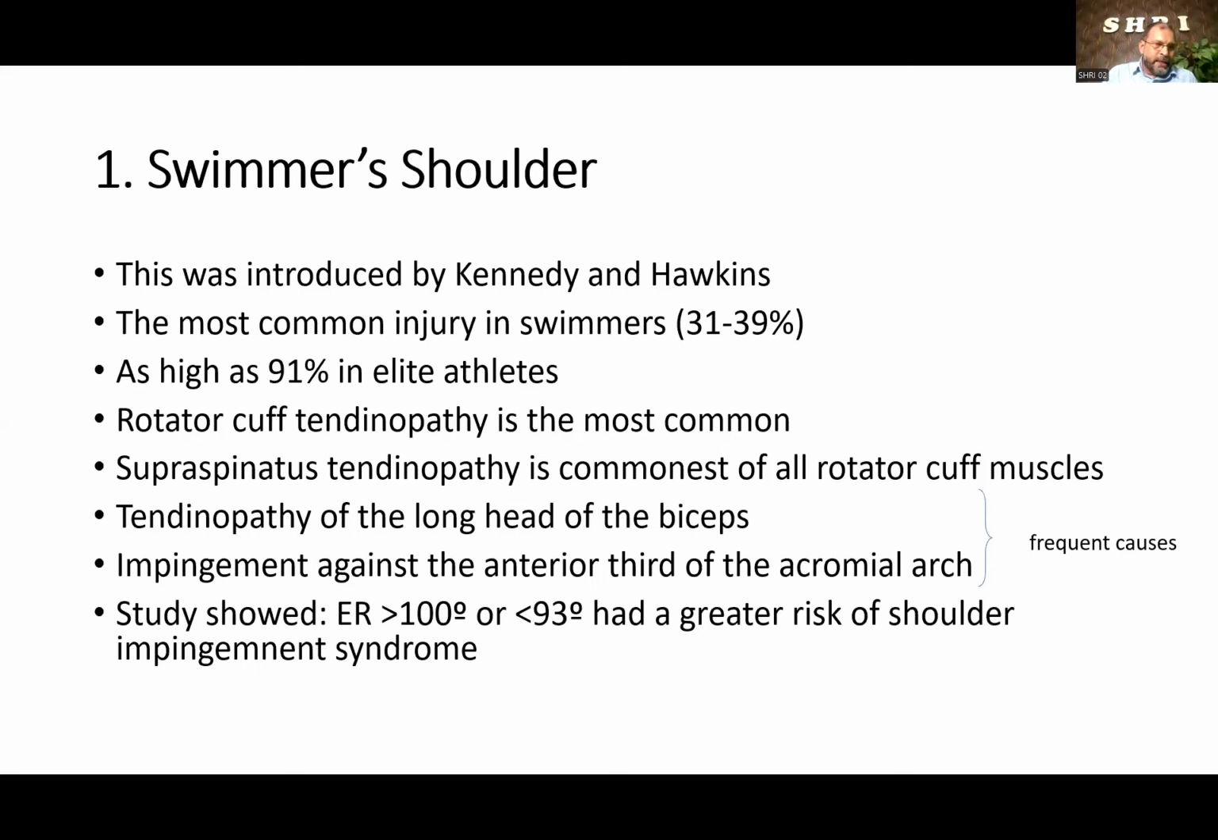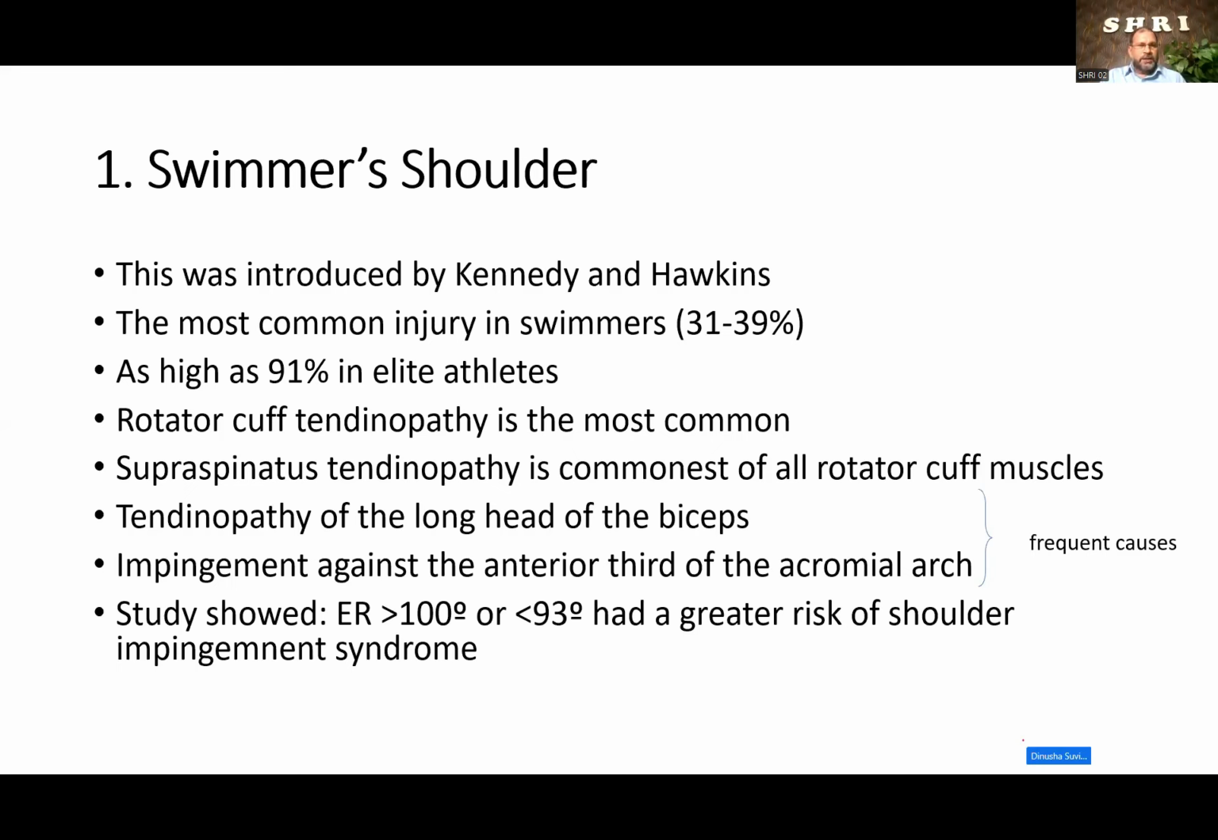In elite athletes, it is as high as 91%. So you can appreciate how common these shoulder injuries are in international players. Then rotator cuff tendinopathy is the most common one. And out of this, you all know the rotator cuff muscles: supraspinatus, infraspinatus, subscapularis, and teres minor. Out of these four muscles, supraspinatus tendinopathy is the commonest, right? Then the other frequent causes are tendinopathy of the long head of biceps and impingement against the anterior third of the